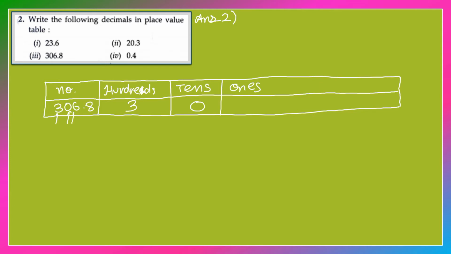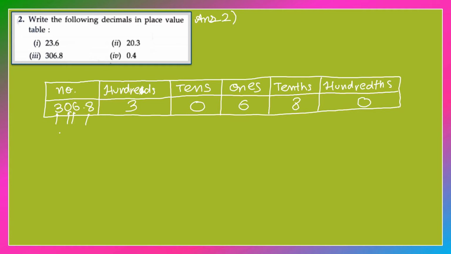There are 6 ones in total. Like this. Very easy. Now for the last number, that is tens. T-E-N-T-H-S, tens. In this case, there are 8 tens in total. And hundreds also you can write, that is hundreds. Hundreds that are 0. So this is how a table is made of a number.